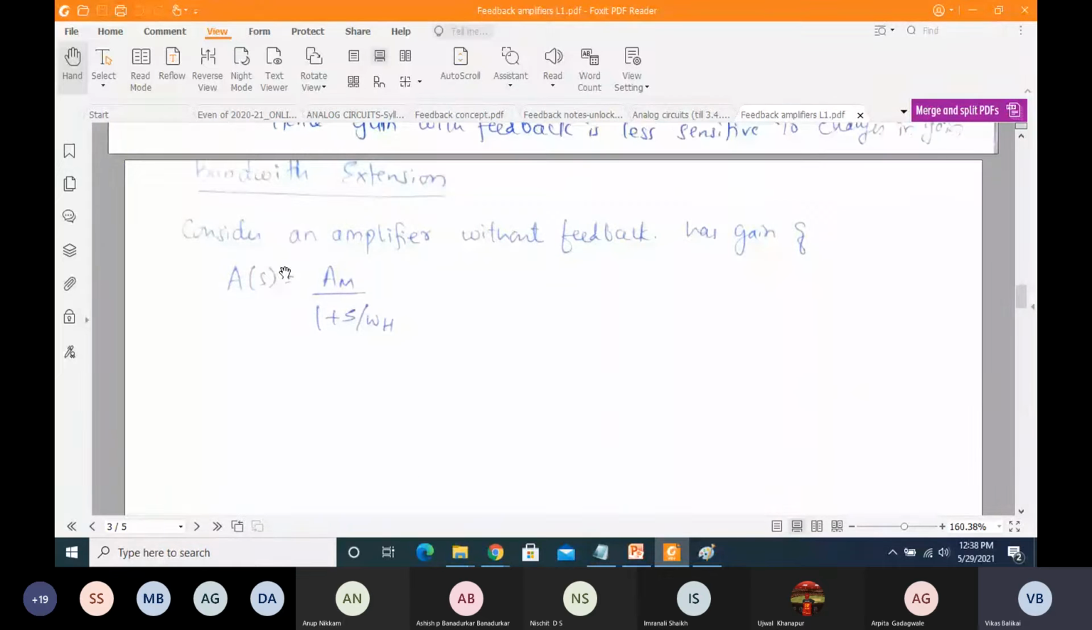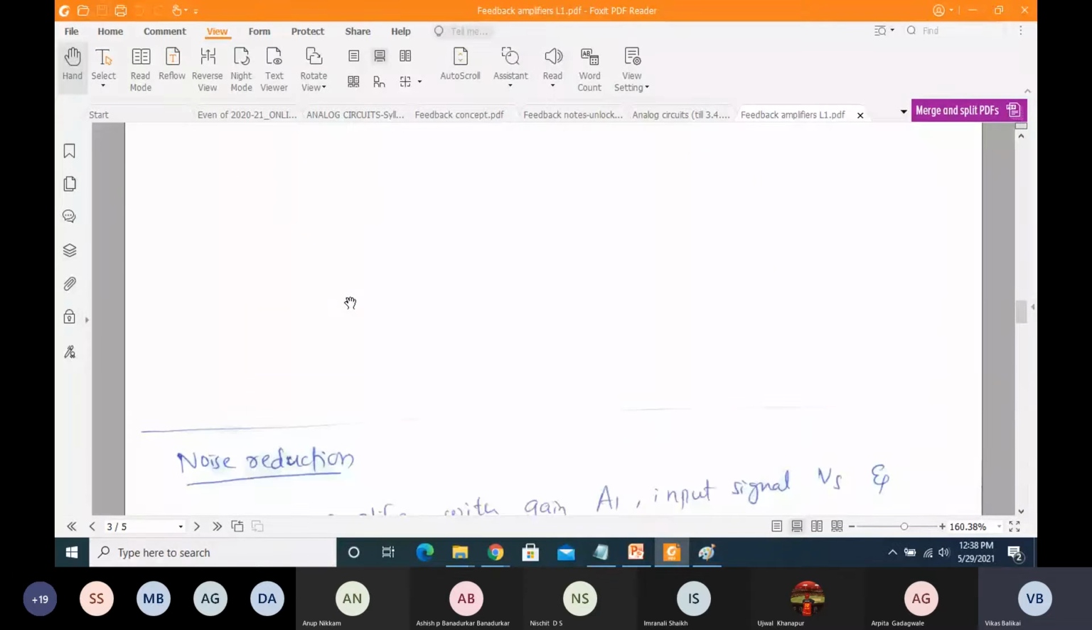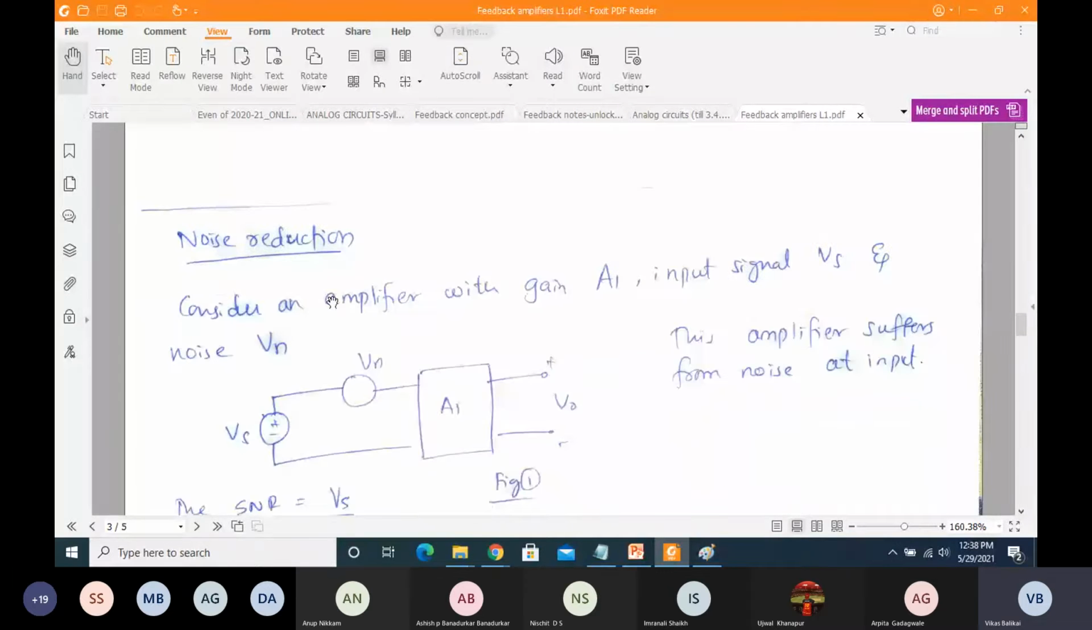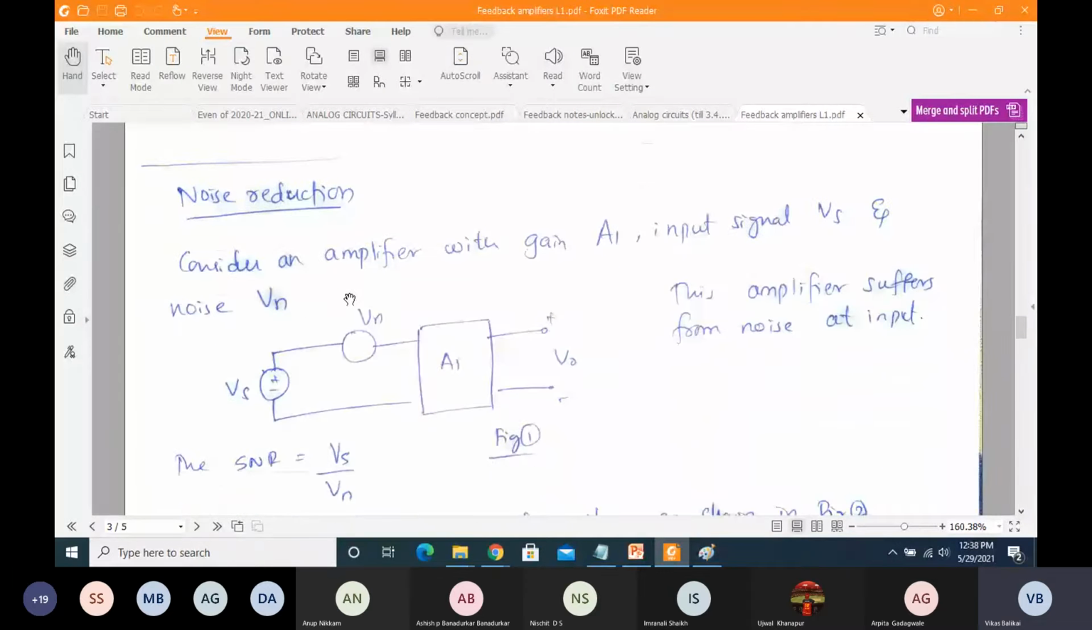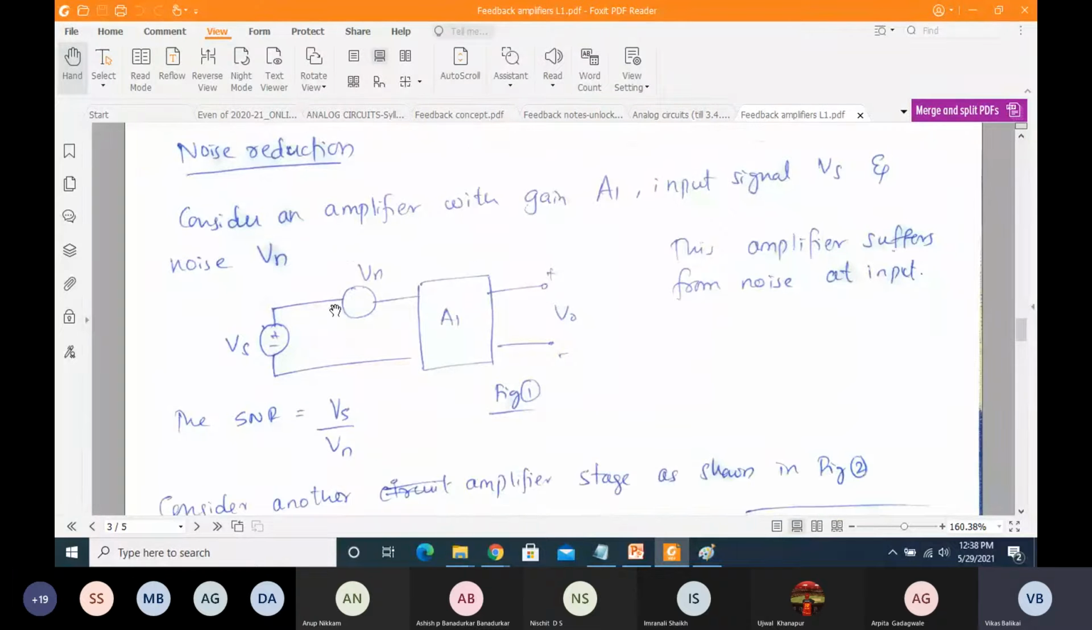Now we already talked about the bandwidth extension. I will come to that bandwidth extension, but before that, let me talk about noise reduction. How is noise going to reduce when I use the feedback amplifier? This portion we haven't covered when we talked about op-amp used in a negative feedback manner. But now let us try to understand, if I use the feedback amplifier, how the noise is also getting reduced. As you can see over here, I have an open loop amplifier with gain A1, and